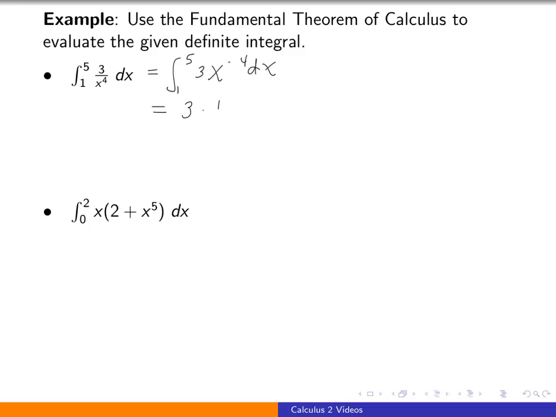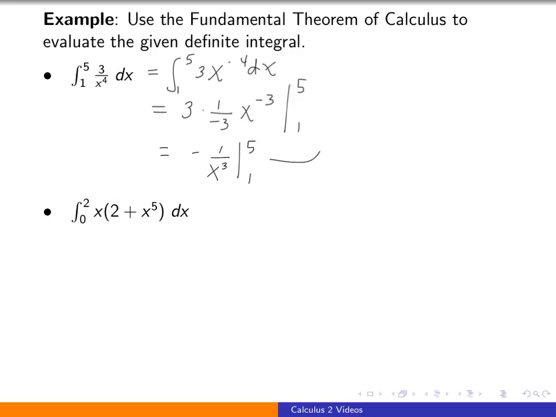So we have 3 times 1 over minus 3, x to the minus 3. And the notation that we use is we put a vertical bar, subscripted with a 1, superscripted with a 5. This is telling us we replace every x with a 5, put a minus sign, replace every x with a 1. So I'm going to simplify this just a smidge first. I'm going to write this as minus 1 over x cubed